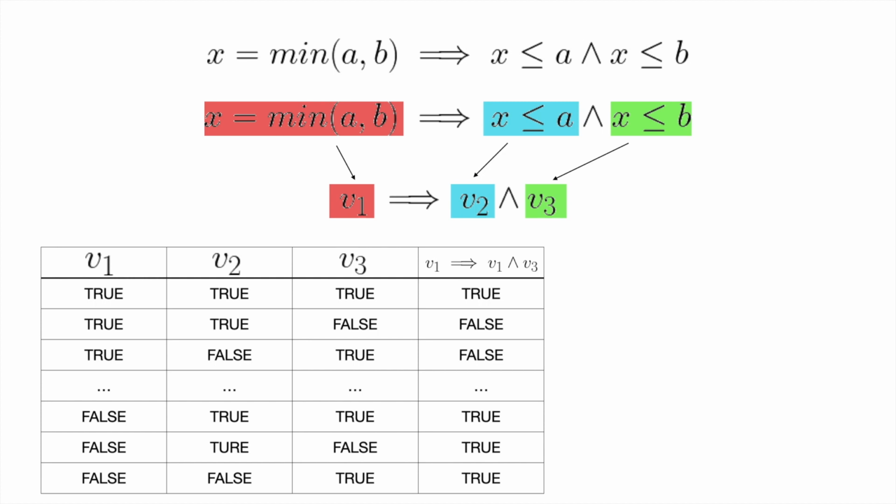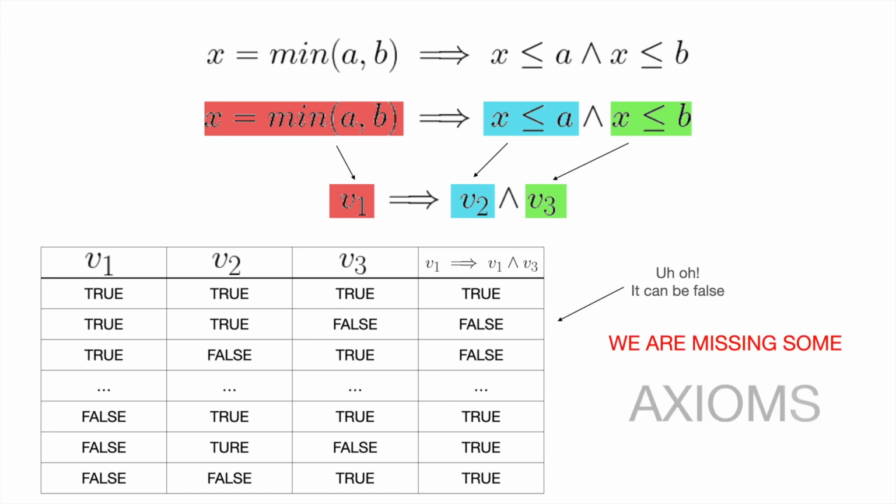It does not have any concept of numbers or any other data structure. It only checks different truth assignments for individual variables and then evaluates the truth of the entire formula. Here, for example, you can see that the formula may be wrong for certain combinations of variable assignment. Does this mean our specification is wrong? Well, not so fast. So far, we only abstracted all complicated terms with variables, but we are still missing the